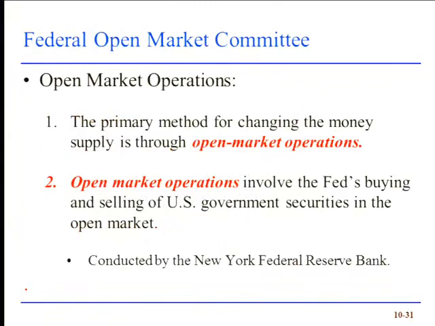Slide 31. So the previous slide talked about the way in which a central bank affects the money supply, which is by buying assets from the public. In the United States and in most developed countries, all central banks do this through something known as open market operations. An open market operation simply means that the central bank is buying or selling something with complete transparency. Nothing's being hidden. Not the dollar amount, not what's being purchased, the specific assets, nor the price that they're being purchased at. So everything is out in the open. The entire financial markets know exactly what the central bank is doing.